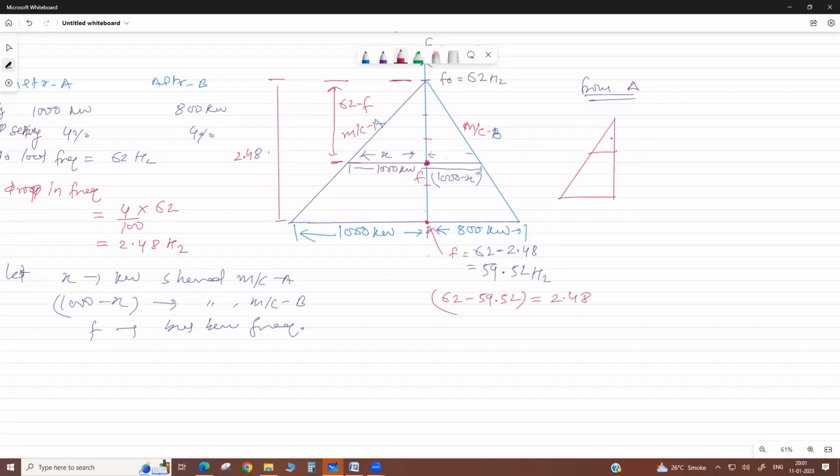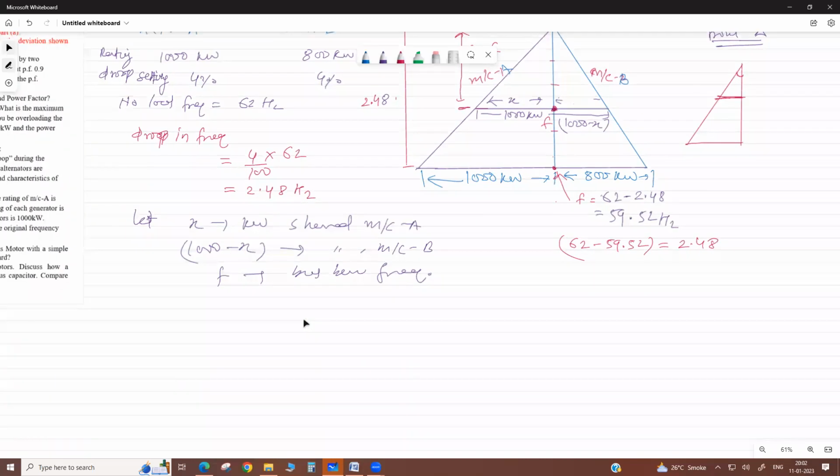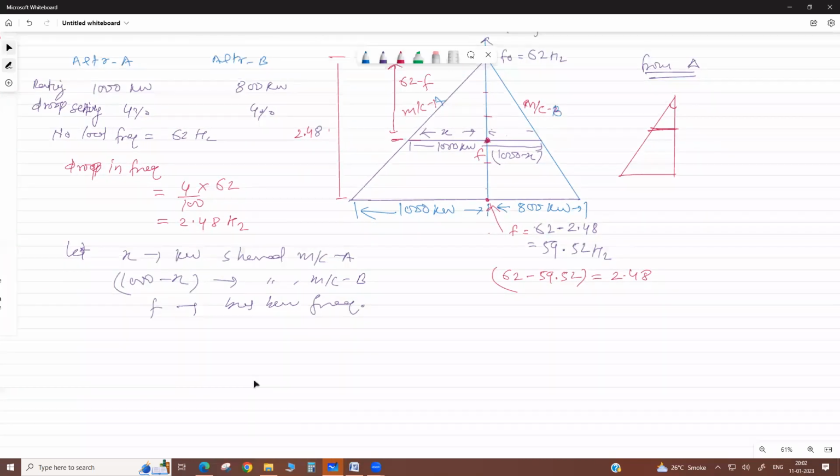Correct? Like this, this is the common angle for both. So if two triangles have a common angle, it means their ratio of sides, like base to height ratio, is constant. Okay. So now we can write here